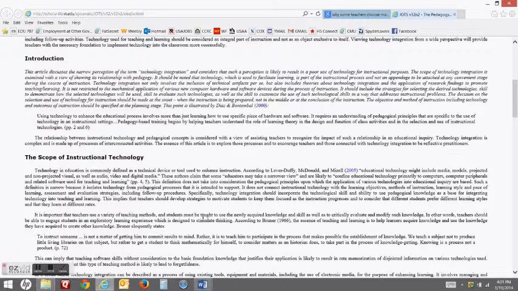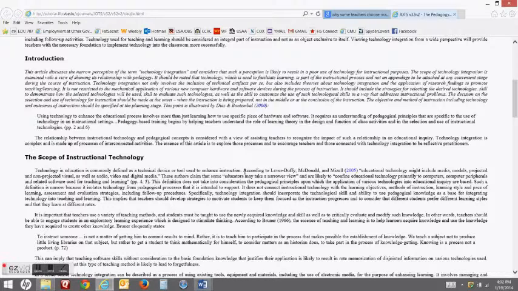These authors claim that some educators may take a narrower view and are likely to combine educational technology primarily to computer paraphernalia, peripherals, and related software used